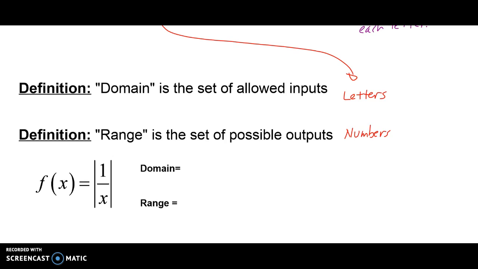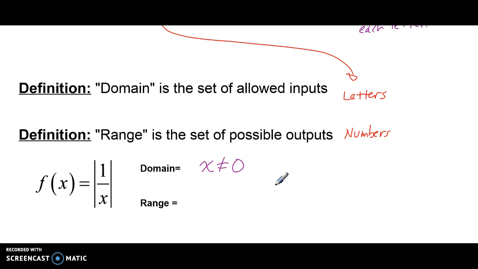X, you can put any number in there except you can't plug in 0. If you try to plug in 0 for x, you're dividing by 0. Dividing by 0 is illegal. So the domain here is anything that's not 0. You could write that out in words, but this is much more abbreviated. X not equal to 0 contains the same idea, and it's much quicker and easier to write and quicker and